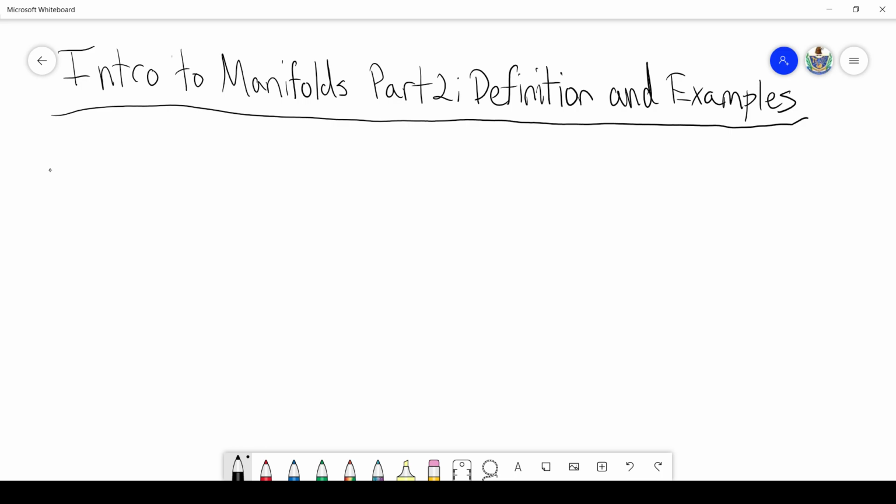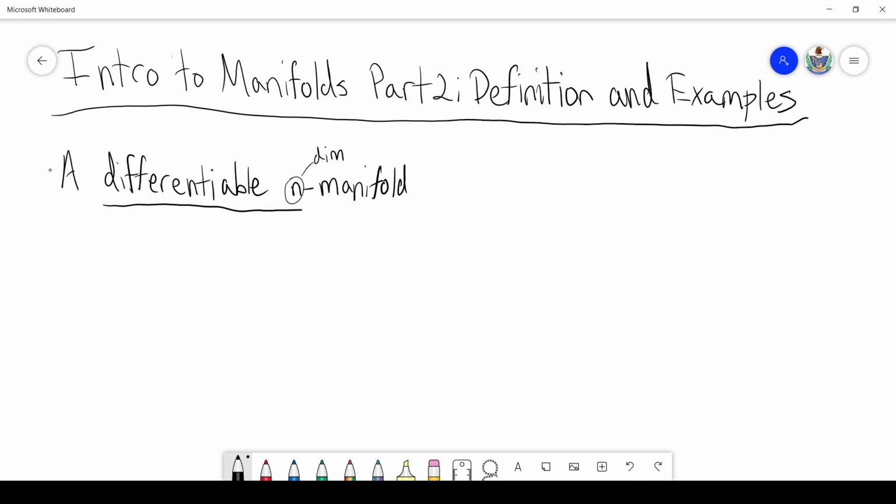But anyway, we'll start off with a differentiable N manifold, where N is the dimension. So this is the dimension of the manifold. It is a set M, which